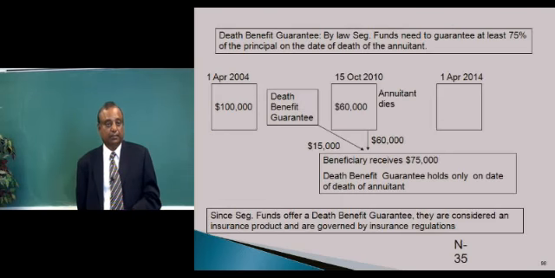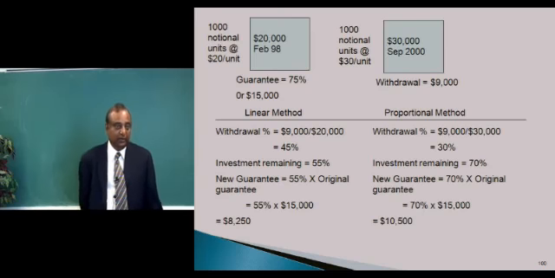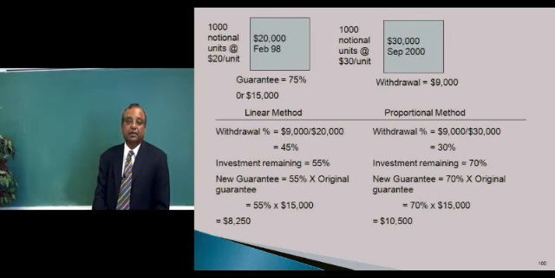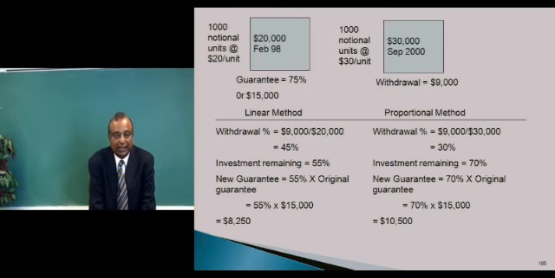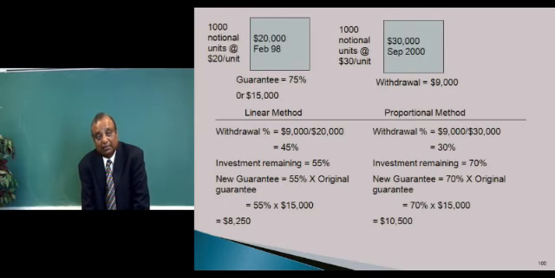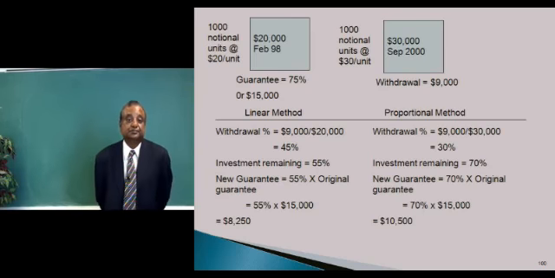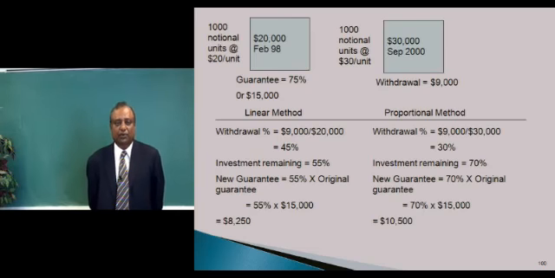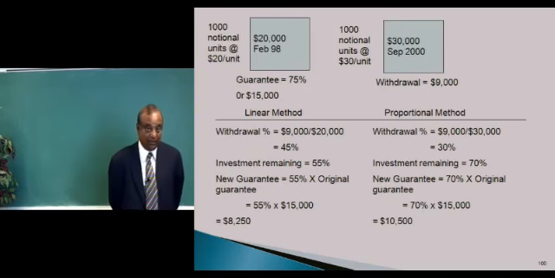Now, withdrawals from a seg fund. If you're withdrawing money from a seg fund, obviously, first thing, the guarantee is going to be recalculated. And then, after the guarantee is recalculated, they will apply any penalties and interest charges that they're going to take on this withdrawal, because you're breaking a contract. Most funds permit you to withdraw up to 10% of the account value every year without a penalty. But whatever you withdraw, even if you withdraw 1%, definitely the guarantee is going to be recalculated.